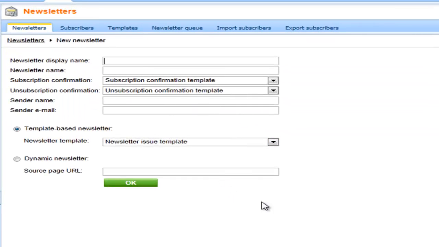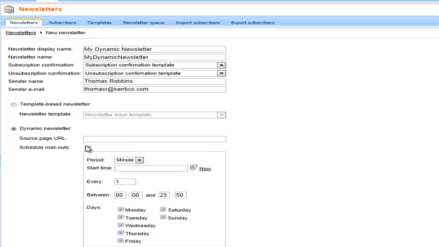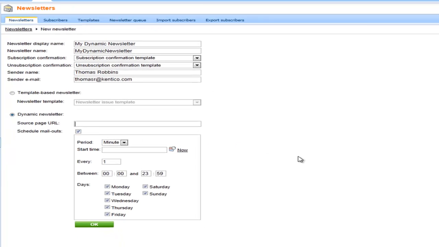We're going to enter the newsletter display name of My Dynamic Newsletter and the newsletter name or code name of My Dynamic Newsletter. We're going to leave our subscription confirmation and unsubscription confirmation the same. I'm going to use my name as the sender name and my email as the sender email. I'm going to select a dynamic newsletter, and you'll notice that it asks me for a source page name. This is the URL that's going to be used to retrieve the content from. I'm going to enter http